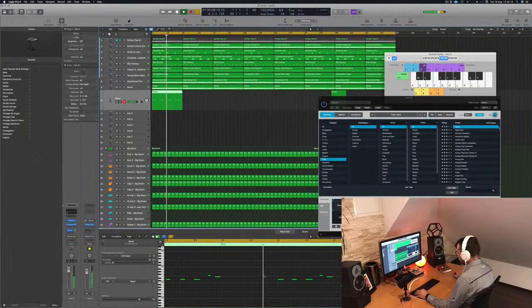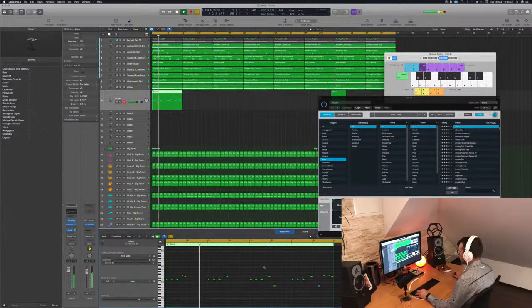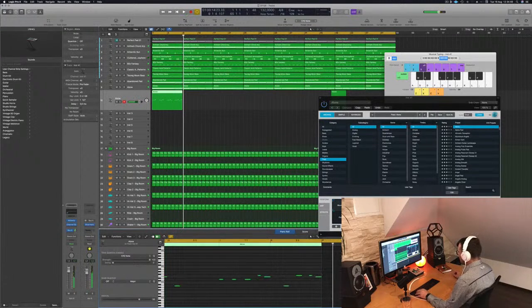As you see, we first record the melody. And then we tweak it. Maybe I would invert those two just to make